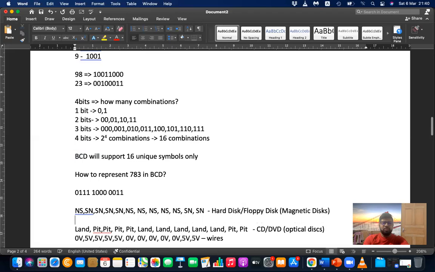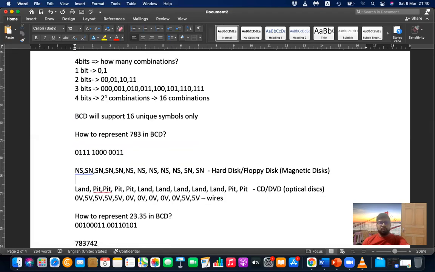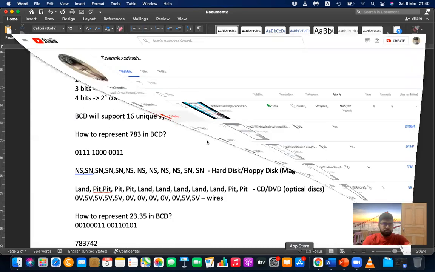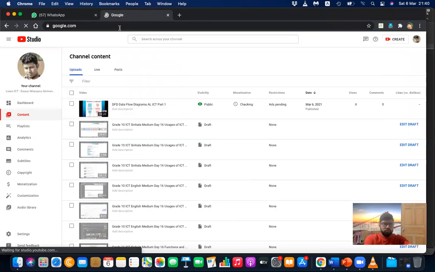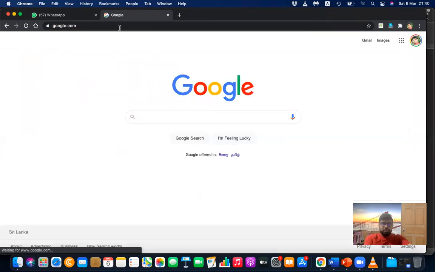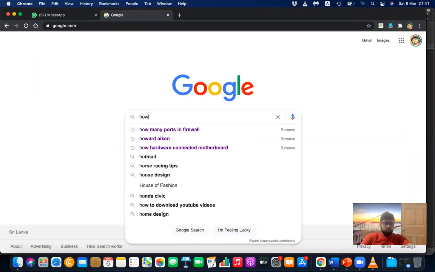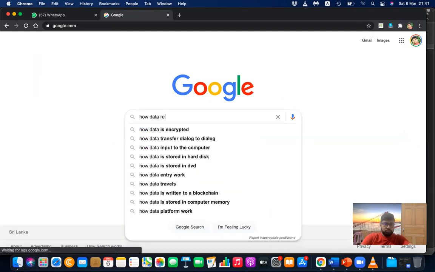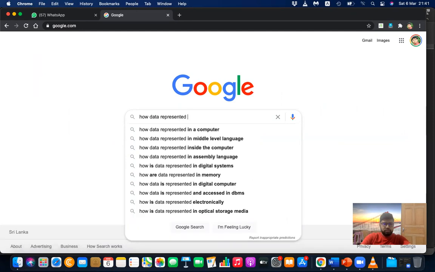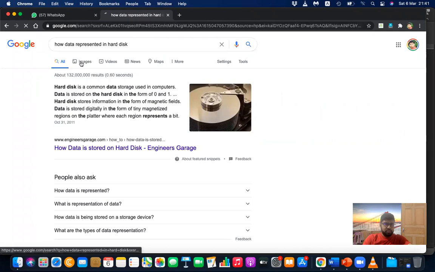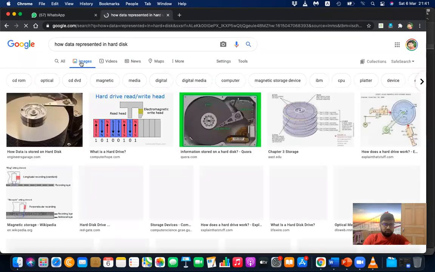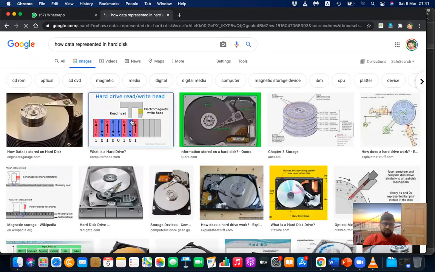So I think you know something called burning CDs. Let me quickly show this. Let me go to Google. Basically, if it is magnetism, you can search how data is represented in the hard disk, and then you can see the south, north, south, the magnetism.